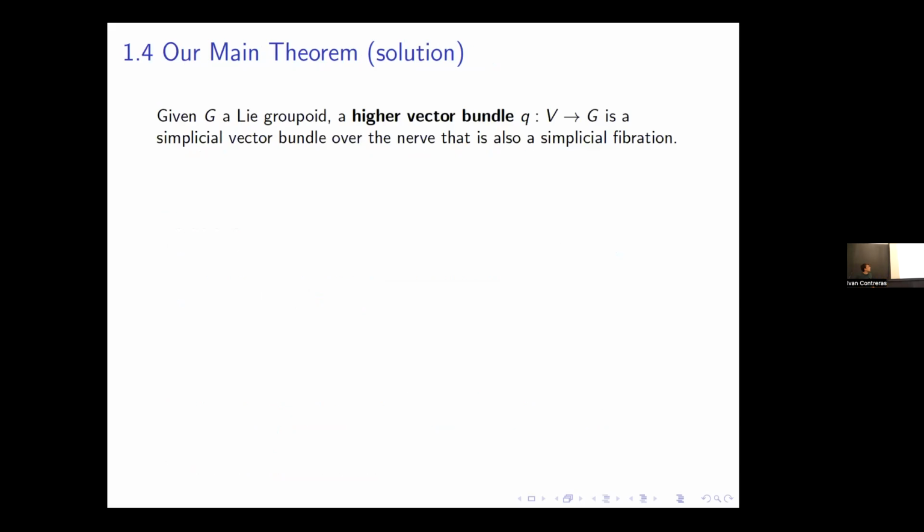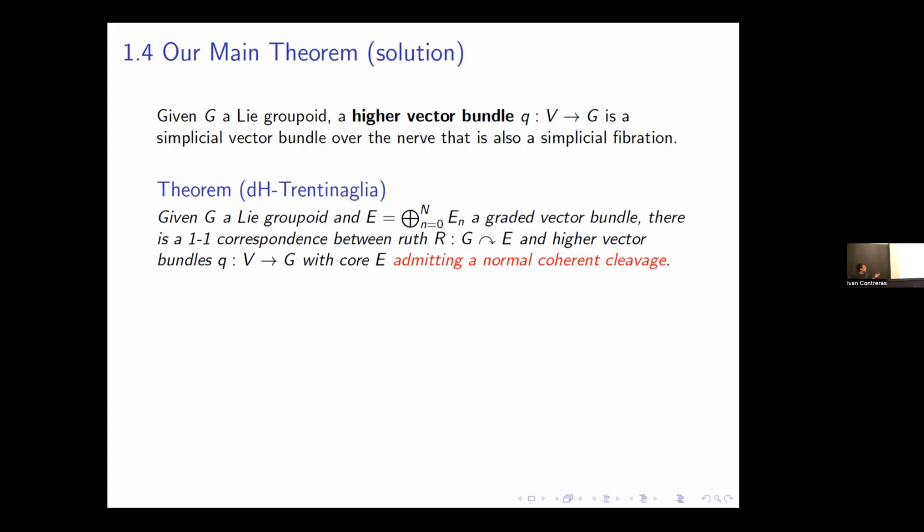So what is our main theorem? Well, we say that something is a higher vector bundle if it is a simplicial vector bundle over the nerve, satisfying that it is a simplicial fibration. And I will get into the definition of simplicial fibration later. It can be a set-theoretic simplicial fibration. It doesn't matter the smoothness. So it's this. You have the Lie groupoid, you look at its nerve, and you look at the simplicial vector bundle over it. And our theorem says that